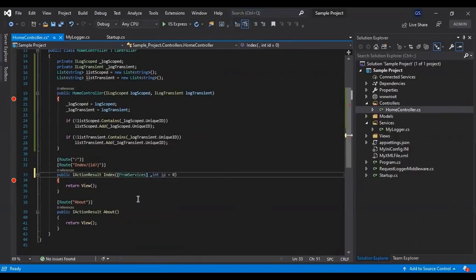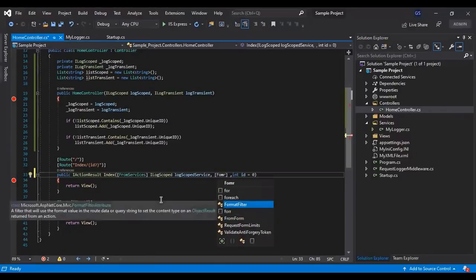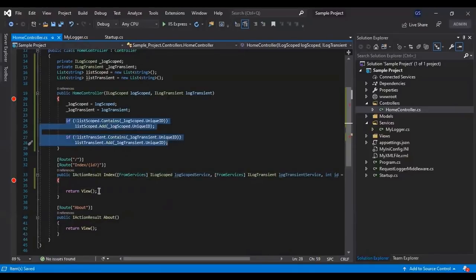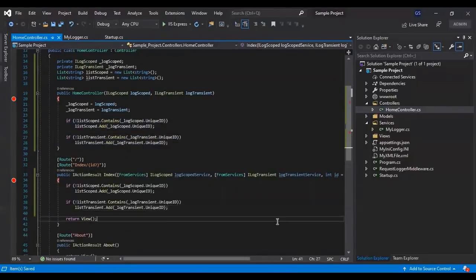So FromServices, and we'll call it ILogScoped, and we'll name it service. In a similar way, we'll get the dependency of ILogTransient and call it service. To make it clearer, we'll add the GUID inside this list, because every time we create the GUID when the instance is created. So now let's run and see.